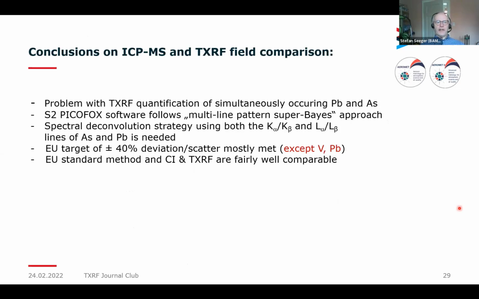All right. So the conclusions can be summed up here. We definitely need better deconvolution strategies for the spectra in order to better identify and quantify different elements. That is especially true for arsenic and lead. And at the end, I would say at the moment, the result is that the EU standard method and CIS TXRF are fairly well comparable, indicating that there's a lot to do to further improve the